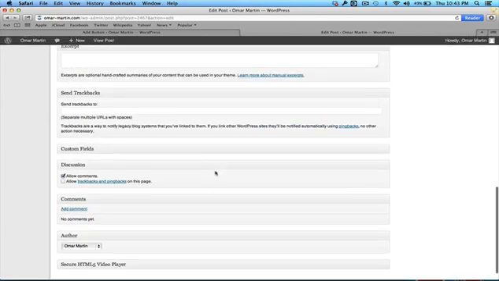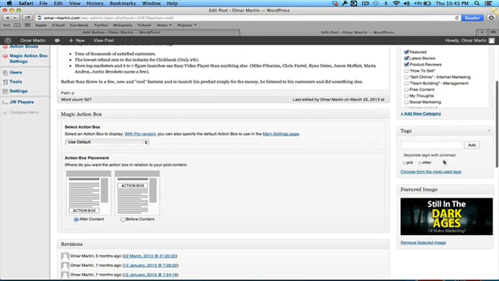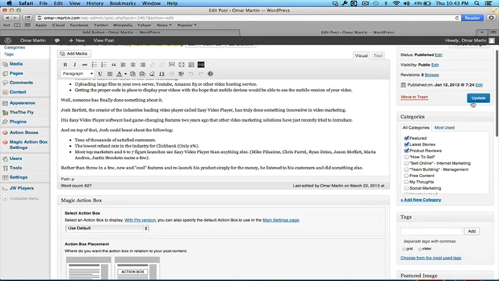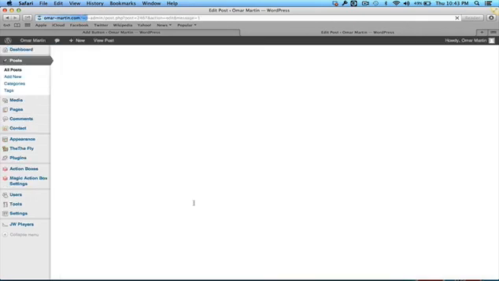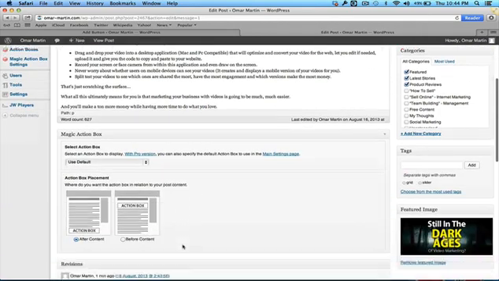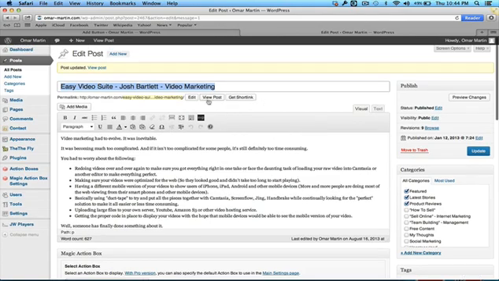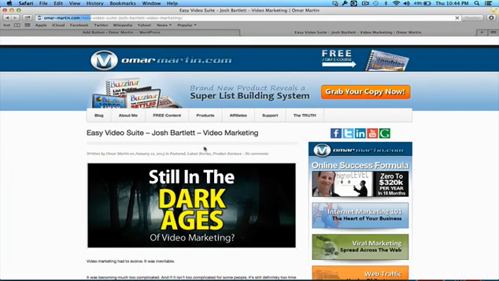And you can do all kinds of stuff here. I'm just going to select this and hit update just to show you what a default one would look like and how it's going to add it to the bottom of the post. Let me make sure that I did have it set to add to the bottom, because you also can add it to the top. So yeah, it's after the content, okay, and it's adding the default one. So let's see what that did. I'm going to click view the post.